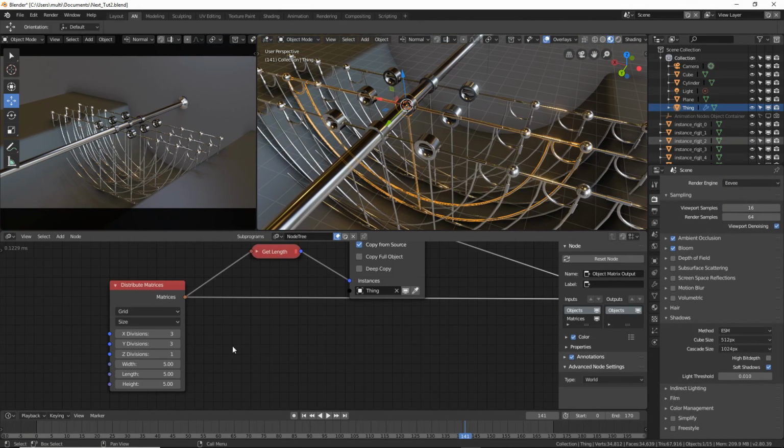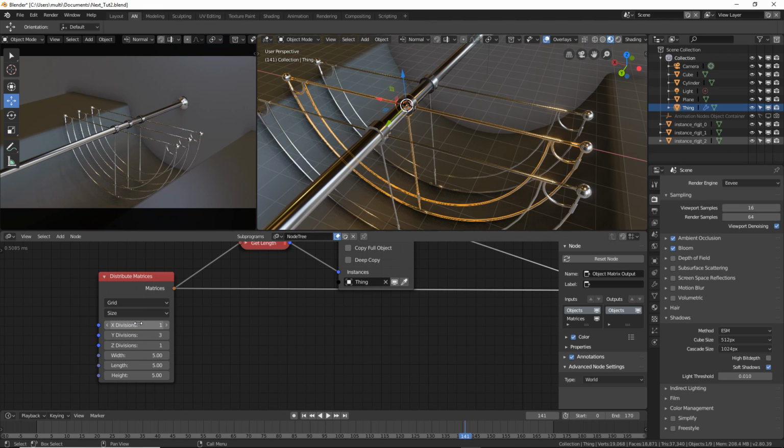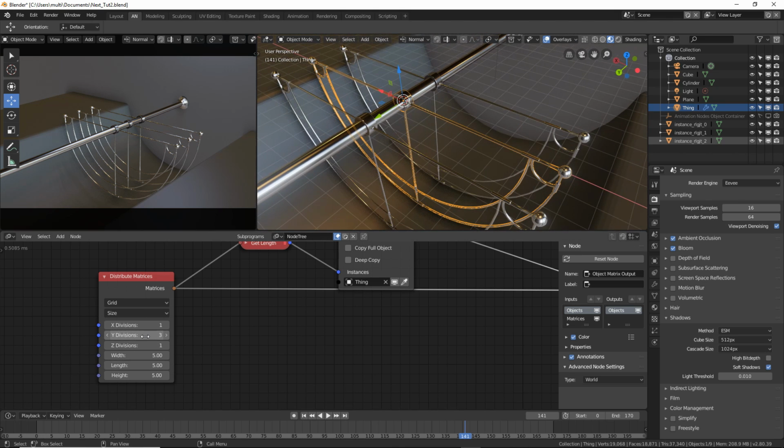But I just want this to be in Y direction, so I will make every other direction just one. And now we can create however many objects we want. I'm going to set this to 25.